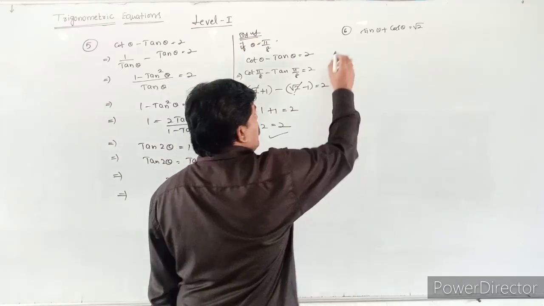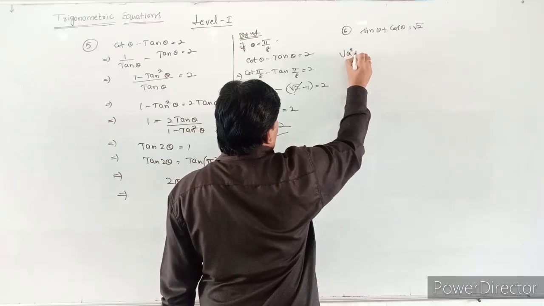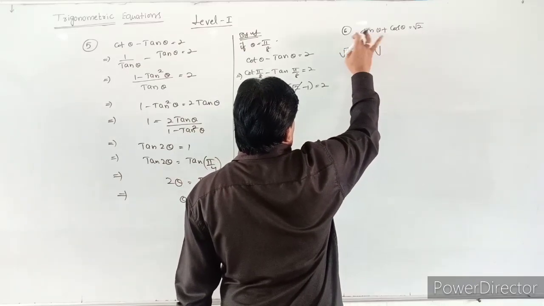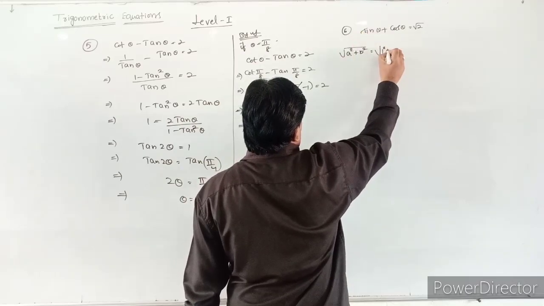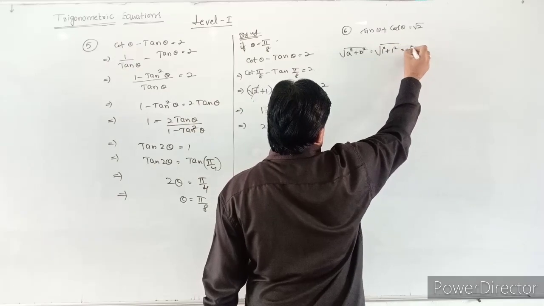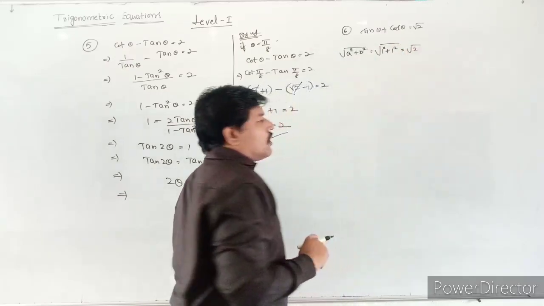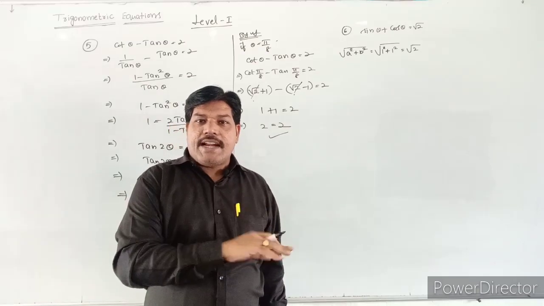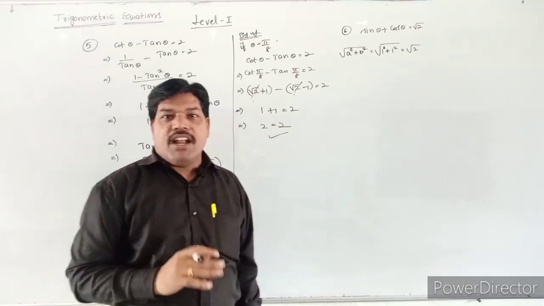So what is the meaning of root of a square plus b square value? It is root of the sine coefficient 1 square plus the cos coefficient b square. So what happens, students? It will become root 2. So what I will do is divide with root 2 on the LHS side and the RHS side. Both the sides I will divide.